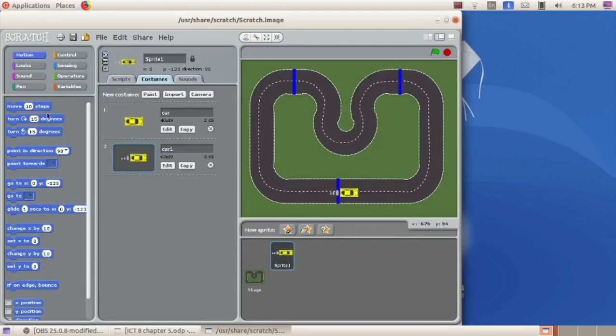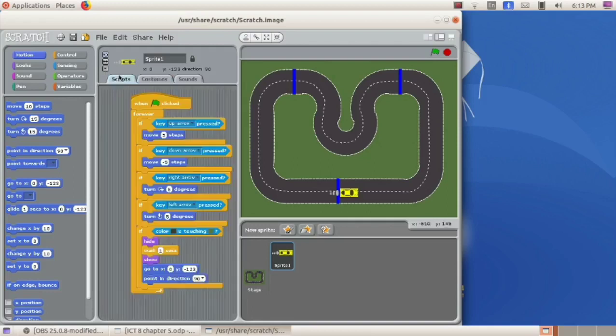Now we have the original sprite, that is the car without smoke. Then we have created a copy of this car and we have given smoke bubbles behind that car. And this is a copy of the original sprite. We have to add this sprite, that is car 1, into our game. Now only the first sprite, this one, is included in the game. Now we have to include this sprite, that means this car 1, into the game. For that, click on this script tab. Here we can see the script.